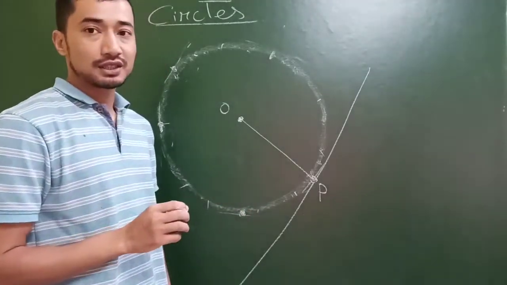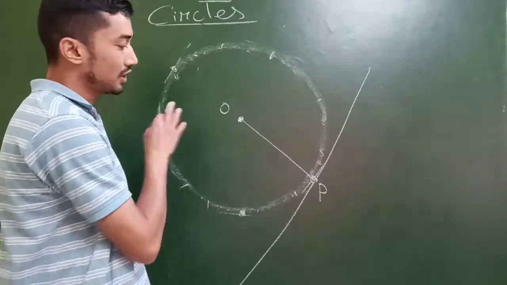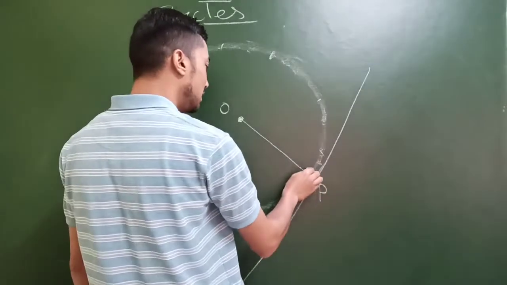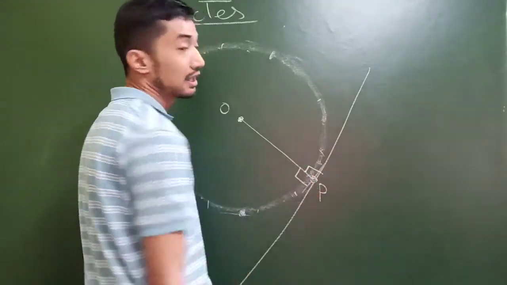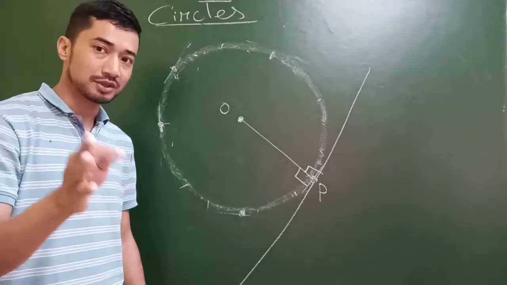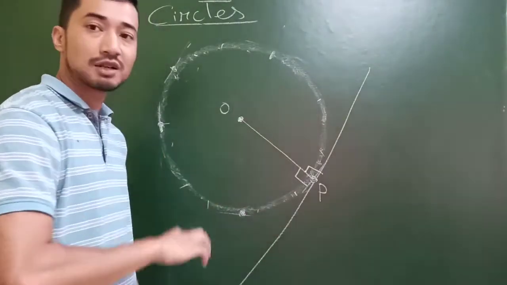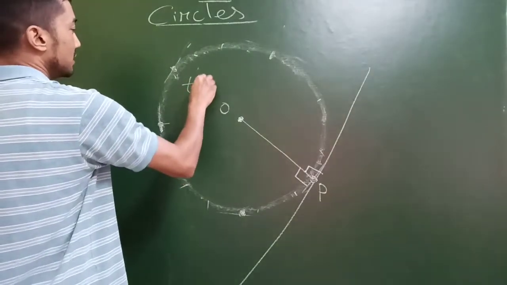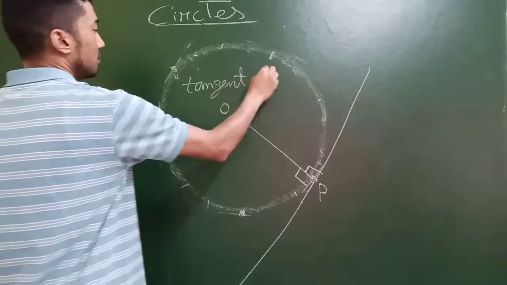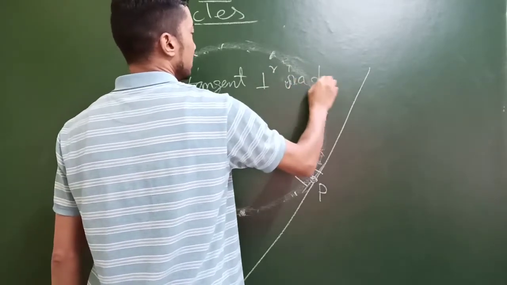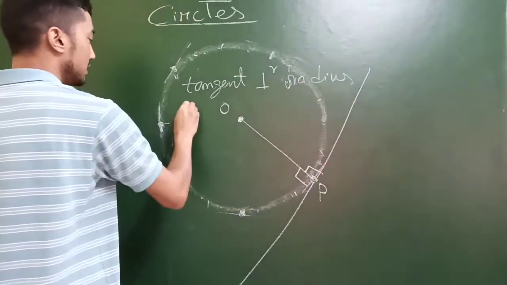If you have your protractor, if you've drawn the tangent properly and joined the center and its point of contact, and you measure this angle, you will see that this angle is 90 degrees. Isn't it? Approximately. Right? That brings us to one more universal fact, that a tangent will always be perpendicular to the radius